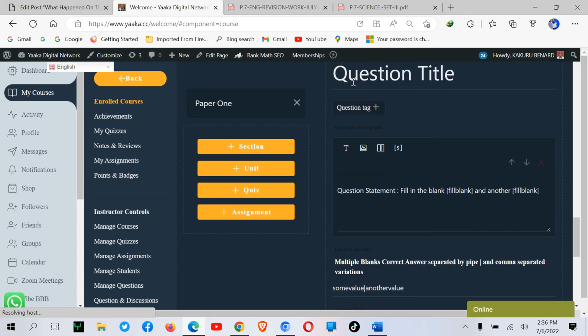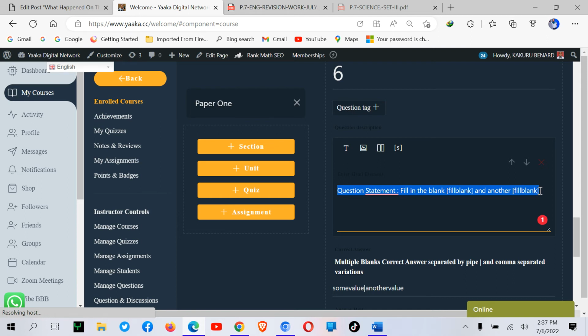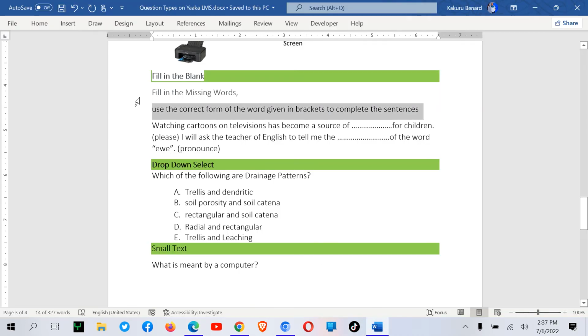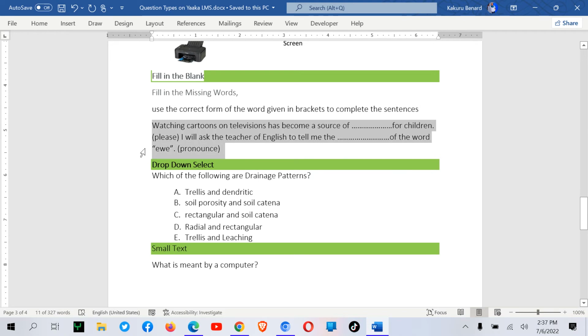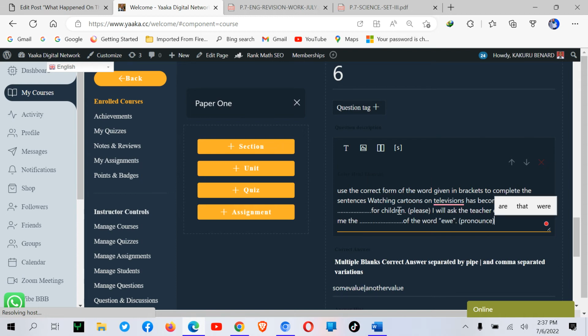This question is number 6. I come and have my question there. So on that question, okay, that was a statement. So I have the question. I bring it here. And then what we need to do in these blank spaces, we are supposed to write